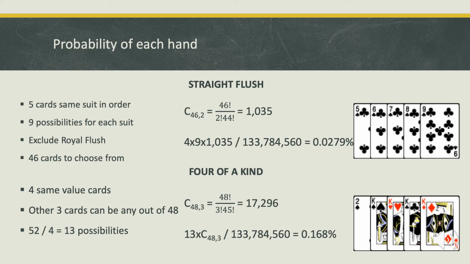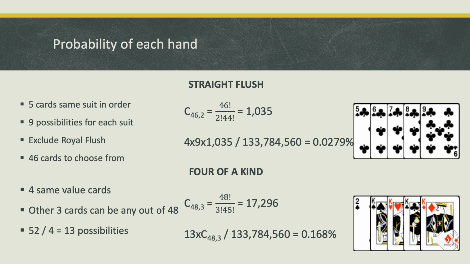I'm also going to talk about the 4 of a kind, which is basically having 4 cards of the same value, and of course different suits, and 3 other cards that are not the same value. Those 3 cards can be chosen out of 48, 52 minus the 4 that you already have, and there are 13 possibilities for you to do this, because there are 4 different suits and 52 cards in the deck. When we do a combination of 48 cards, when we have to pick 3 that are random, we find that there are